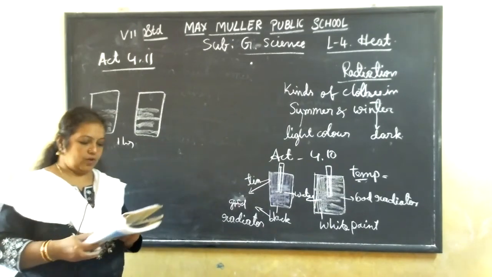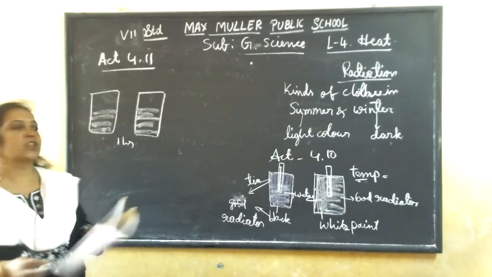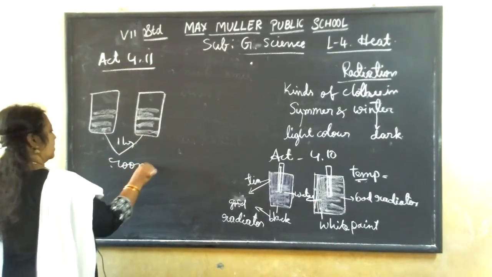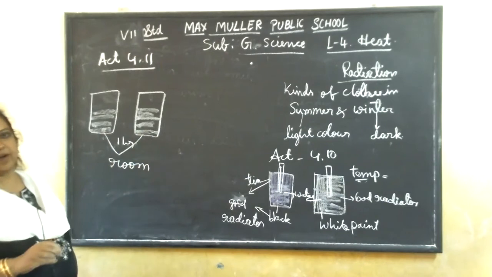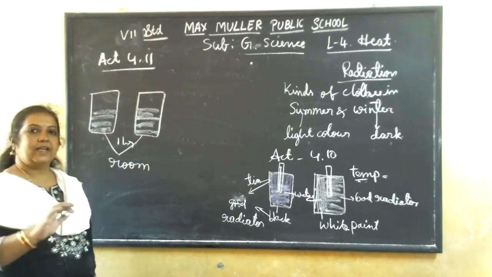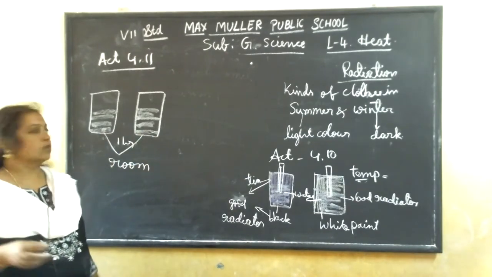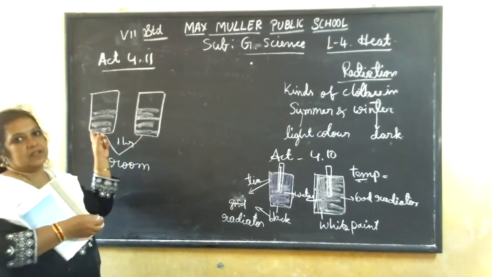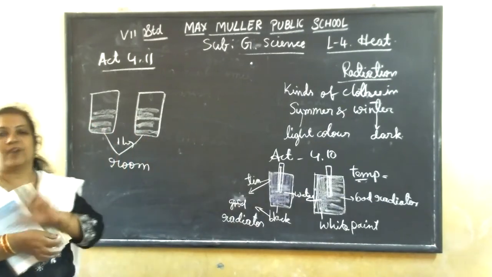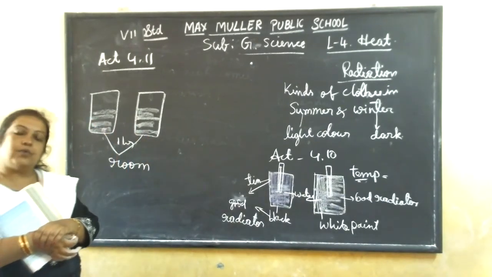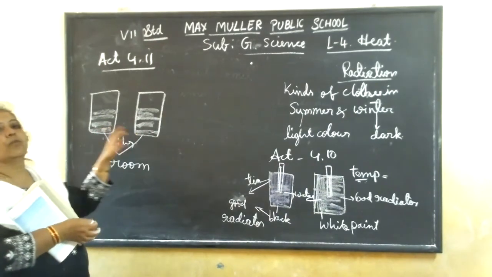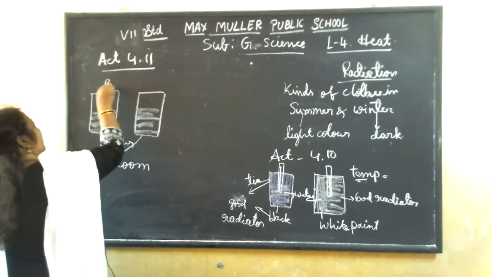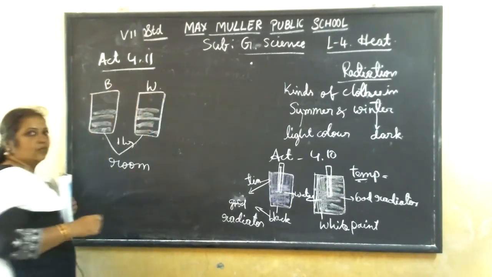And what you have to do, leave the cans in a room in the shade. So these 2 cans we are keeping in a room for another hour. Okay, so what happens? The heat will be transmitted around the room. So now you see, after 1 hour, you see both the temperatures, which is cooling down faster. That you do and tell me which cools down faster, either the black tin or the white colored. So this is painted with black. This is painted with white.